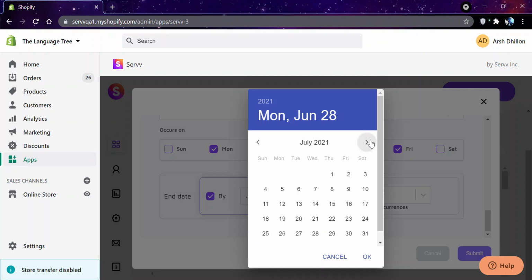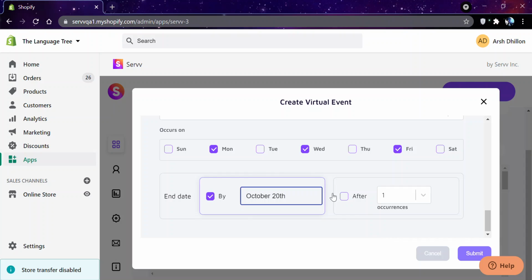Let's say I want it to end on October the 20th. There will be no such events created beyond October the 20th or after the number of occurrences. If I want, I can select 6 occurrences. If you select the recurrence option as weekly, then it will count each singular event as an occurrence. So this will be 3 occurrences.